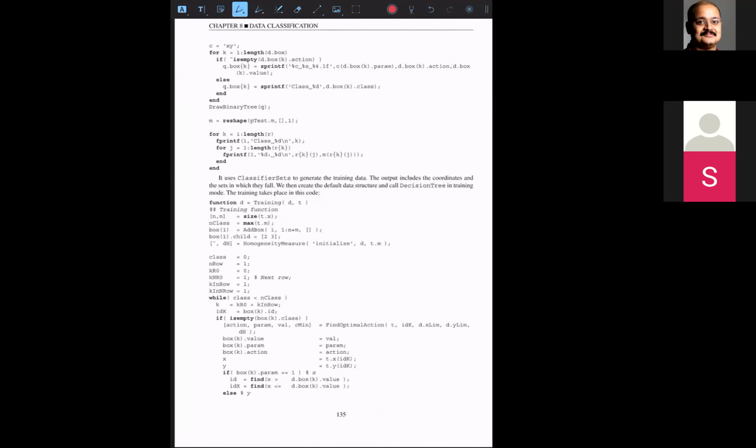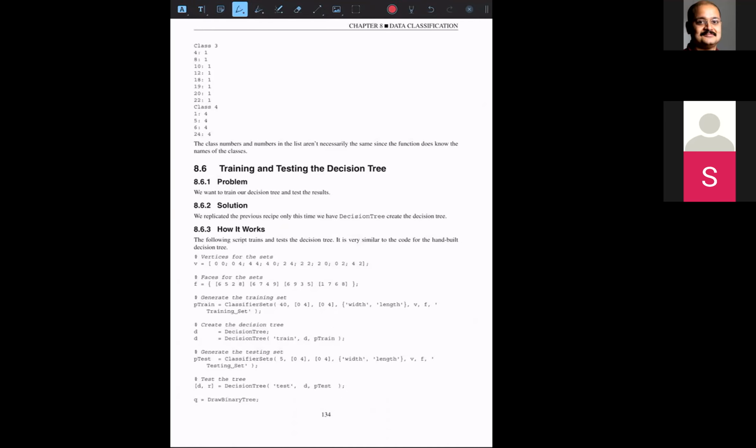The last part, which I would really like you to try, is when you feed the data, but once you run the training, the decision tree decides the threshold. So basically that is run on the training data set. So I want you to look at the code, which is decision tree. So open that, and therein you would have the vertices and the faces.